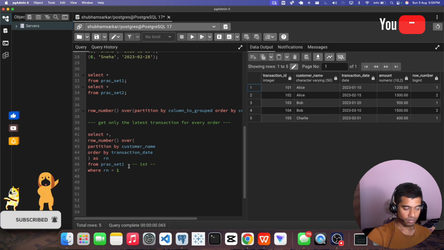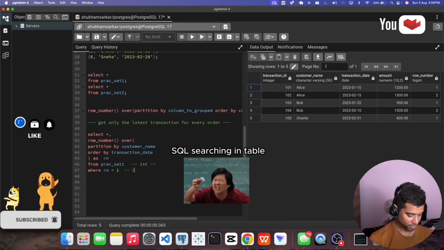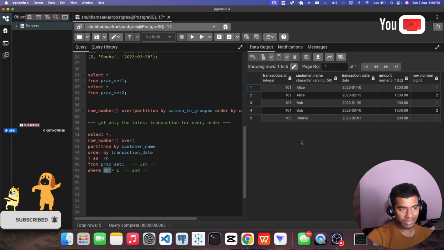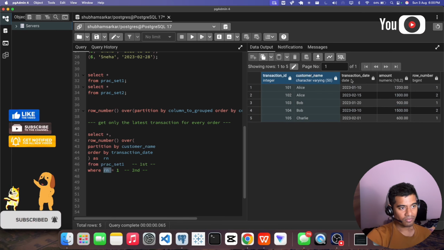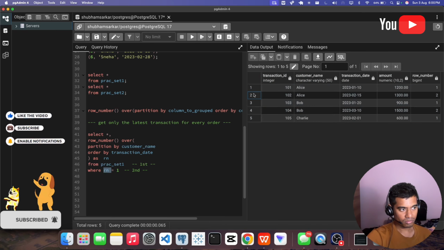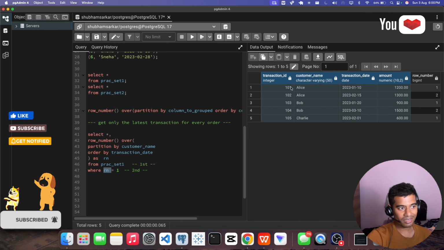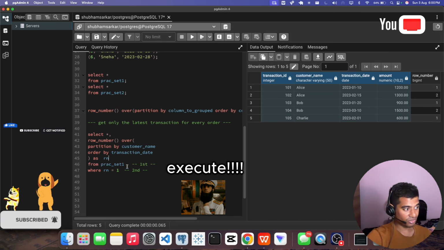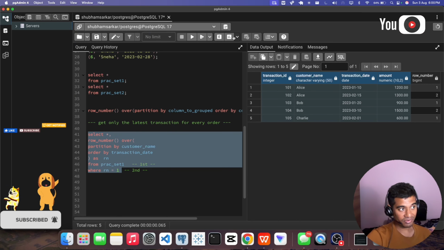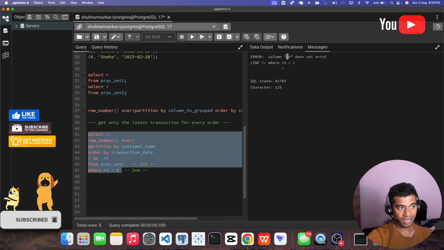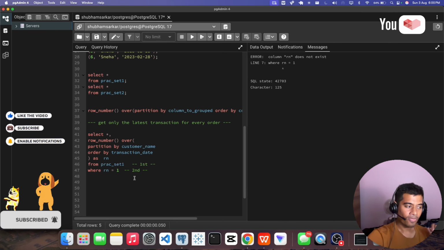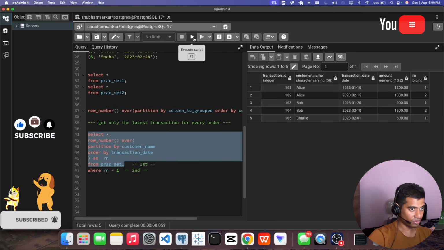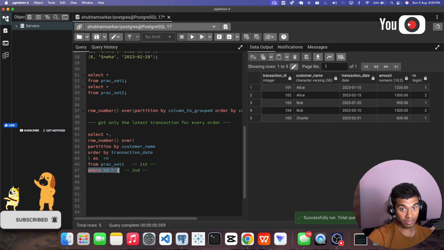SQL will go to table practice set, then SQL will see whether there is any row where Rn equal to 1. It will see the table, and we only have this much data. So SQL will see there is no row number, there is no Rn, so how can it execute? If I execute it in real life and show you, it will throw an error telling Rn does not exist, because in order of execution it won't be there. See, if I do this right now, it will be there because I am not catching this up.